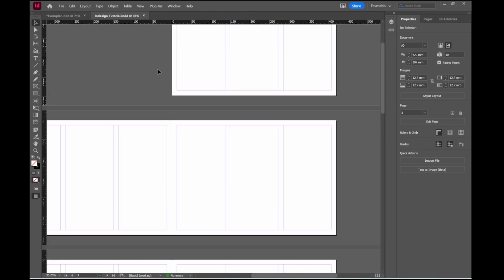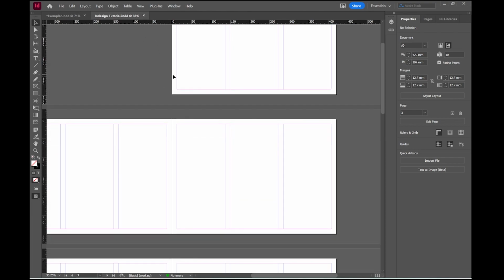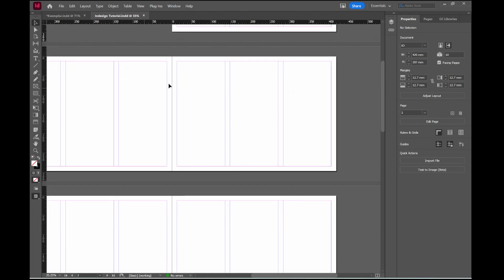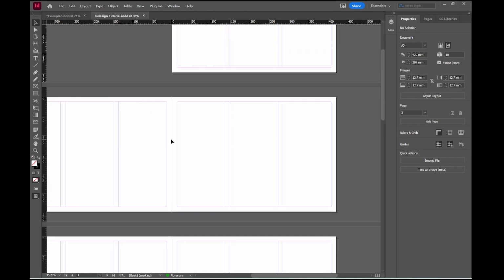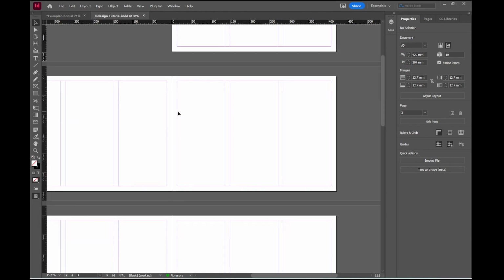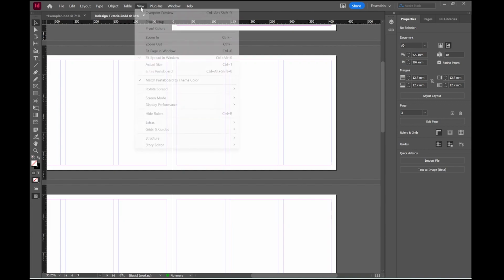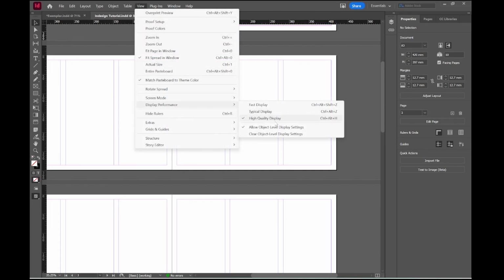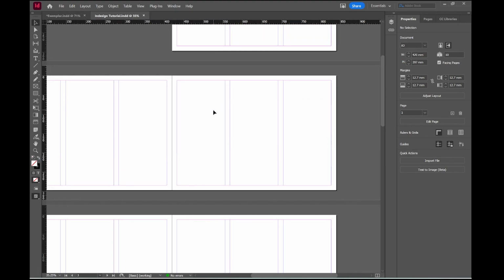Medium display is just for if your computer is a bit slow. If you use medium display, it means that your computer doesn't have to do so much work rendering those out. So yeah, especially on the uni computers, just use the high display because those computers will be able to render out those higher resolution pictures. But yeah, so just make sure view, display performance, it's on high so that your pictures actually show their actual resolution and are clear. Okay,